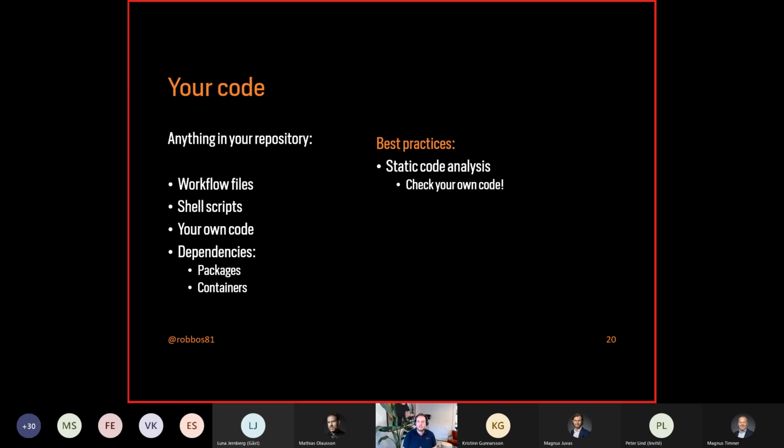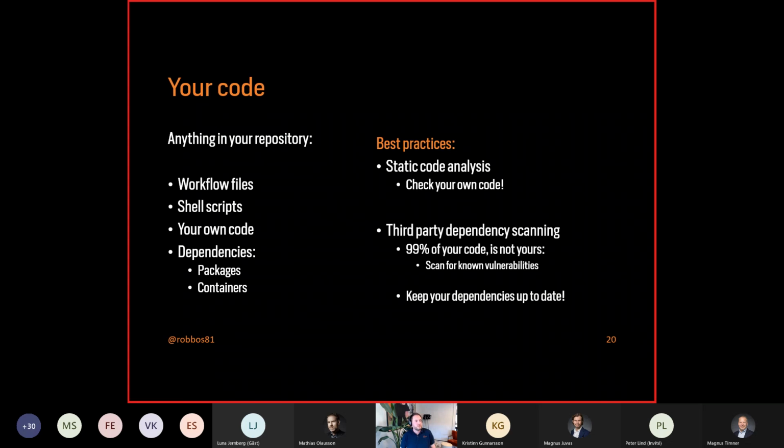So as a best practice, at least use some static code analysis for your own code. Make sure that you're not doing something with SQL injections and that you're running that in a Q&A environment with automatic testing, as that could potentially be misused. But also think about all the third-party packages or images that you're pulling in. If you go and look into research from open source community repositories, you'll find that at least 70% of open source repos have some way of adding dependencies in their repository.